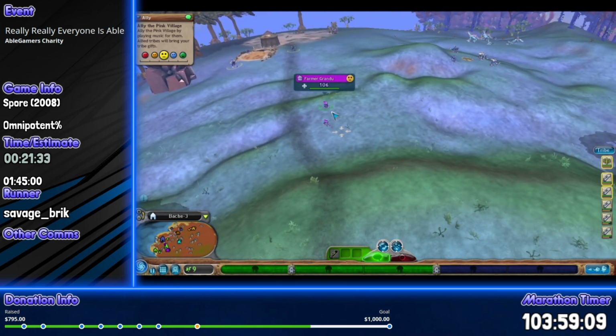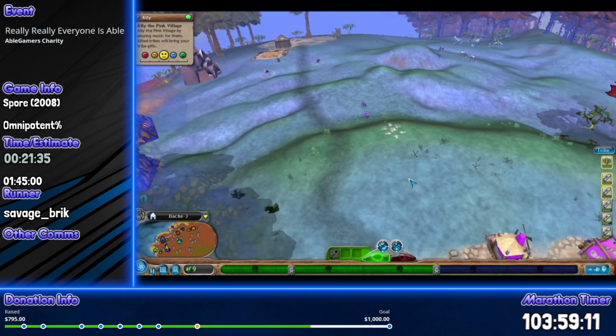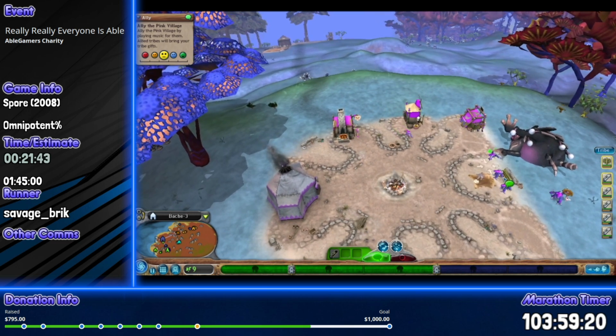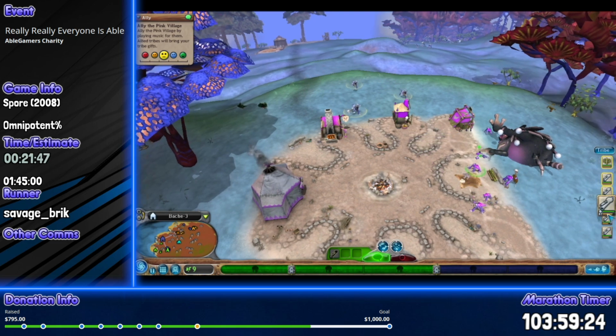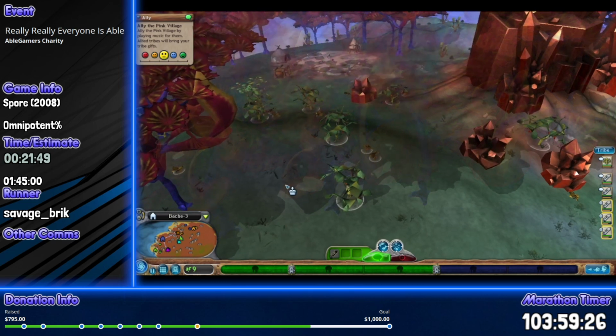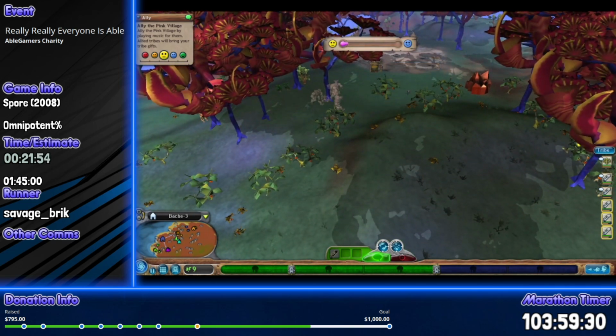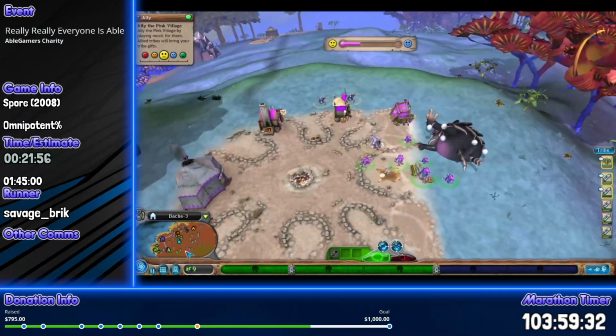What? This isn't supposed to happen. Why are they ignoring me? Yeah, when I right-click on them, they're supposed to stay still. Alright. We have a bit of a glitch here. Bit of a time loss. Oh, wow, there's those guys all the way up here. Okay, so